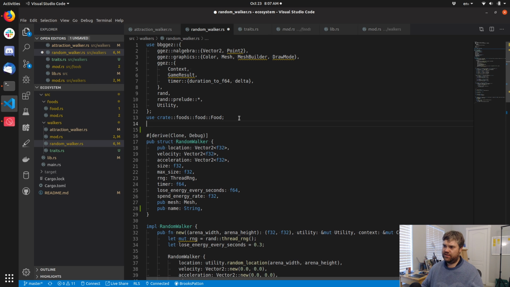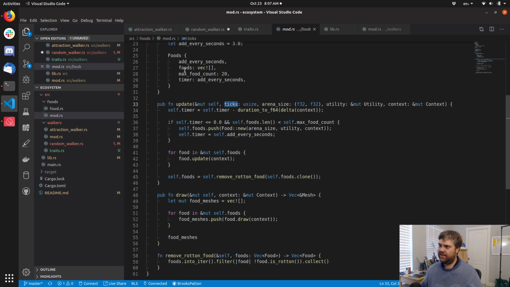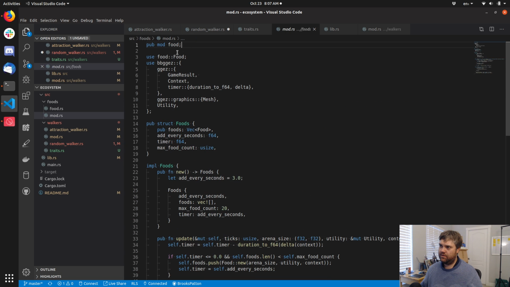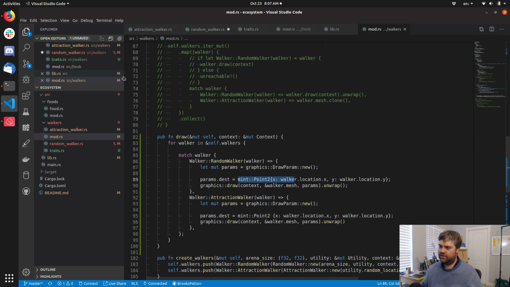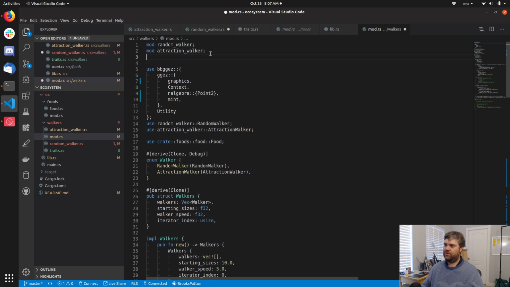Oh, let's try this. Use traits. Oh wait, the mod has to say mod food. Where do these come from? So like, oh wait, not mod food here. Mod walkers does, okay, so I'm gonna have to mod